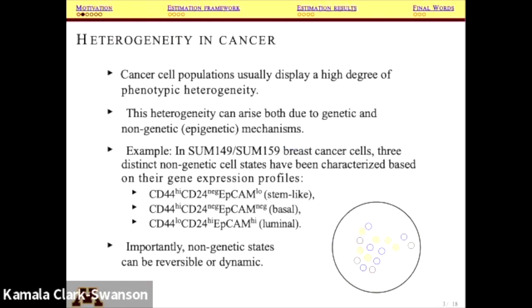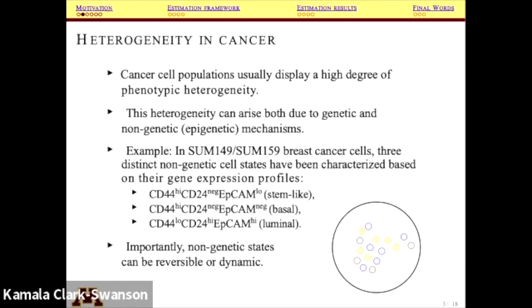Now, as we've been talking about a lot in the last 2 days, cancer cell populations usually display a very high degree of heterogeneity, and this can be both due to genetic mutations and non-genetic or epigenetic modifications. And just to take one example, in certain breast cancer cell lines, 3 distinct non-genetic phenotypes have been identified based on the expression of the 3 markers that are shown there. But very importantly, these kind of non-genetic phenotypes can be reversible, meaning that they can dynamically emerge from